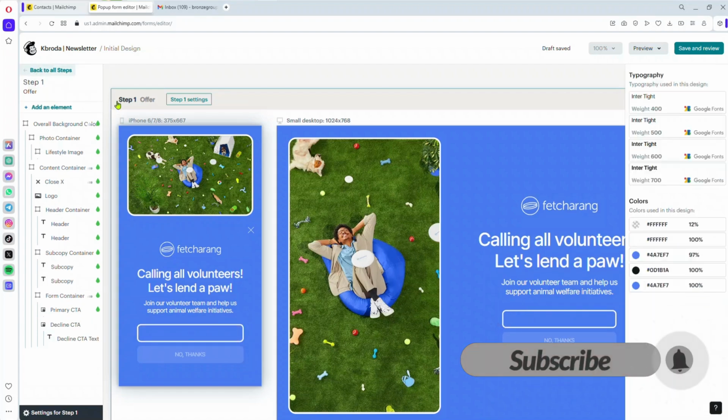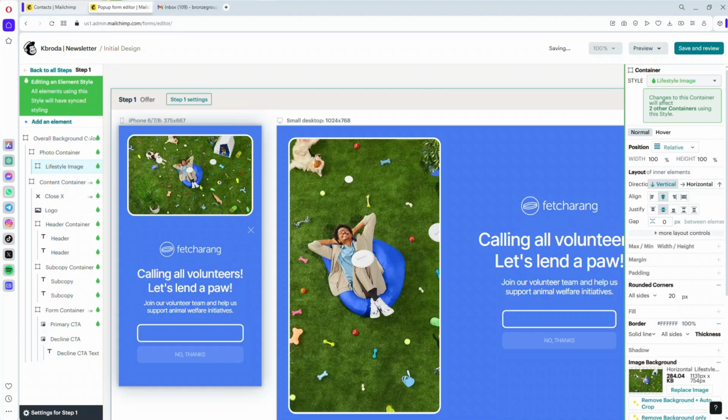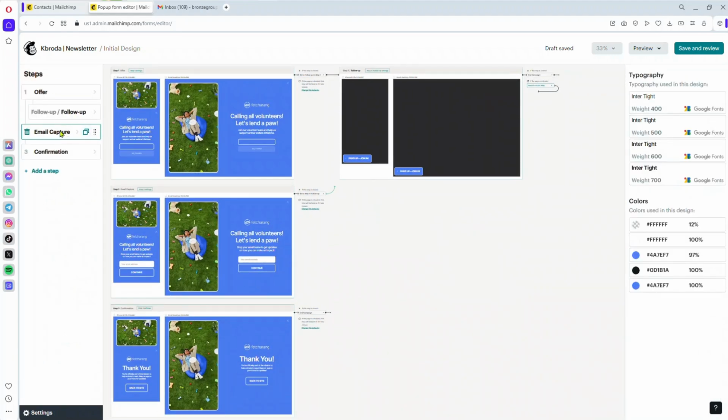Let me come back to all the steps. So you can change everything. You can add an image. You can just double tap the image and then delete it. You get it? Now let's come back here, and now let's move to the section here, which is the email